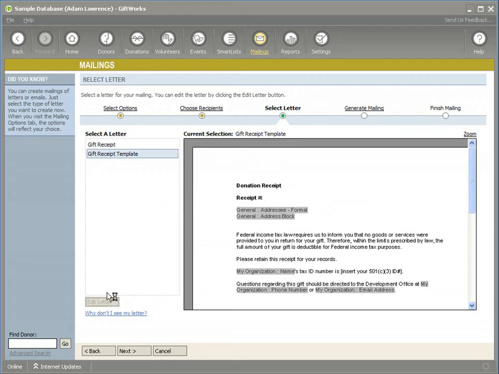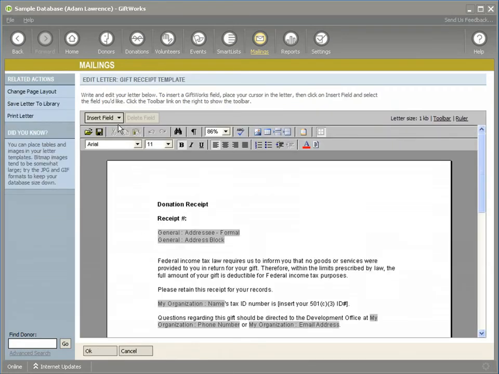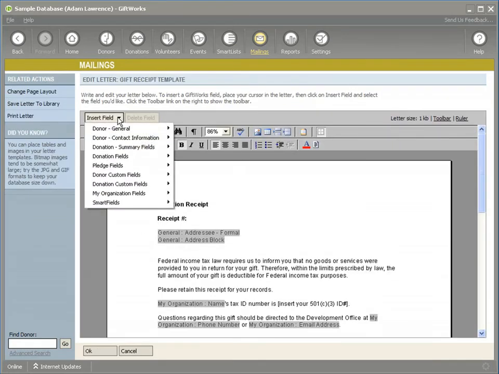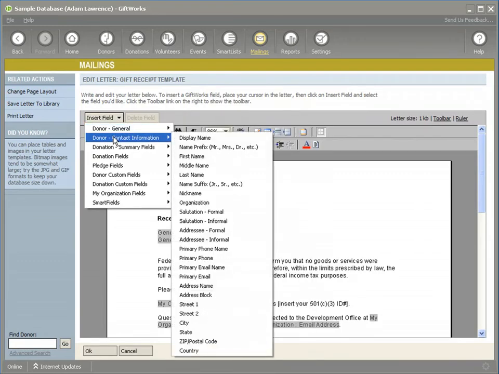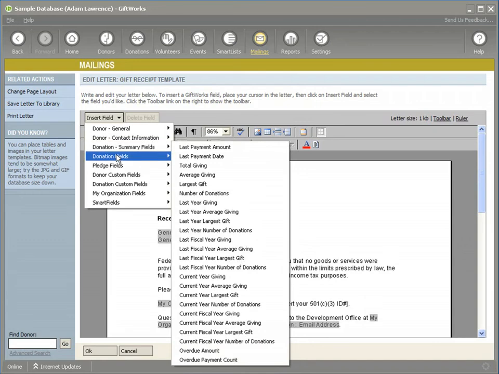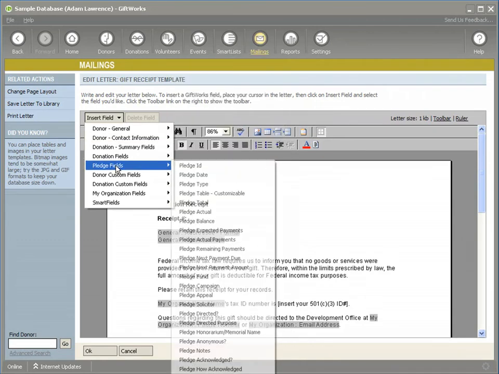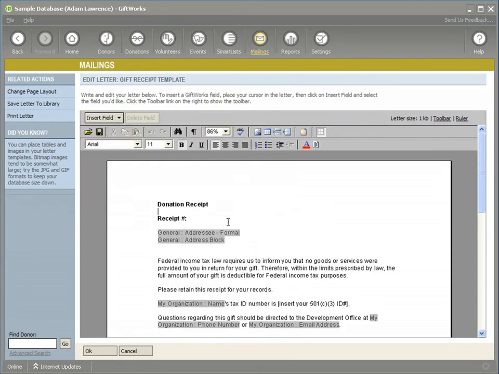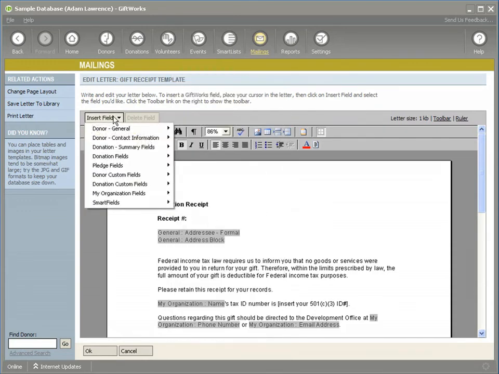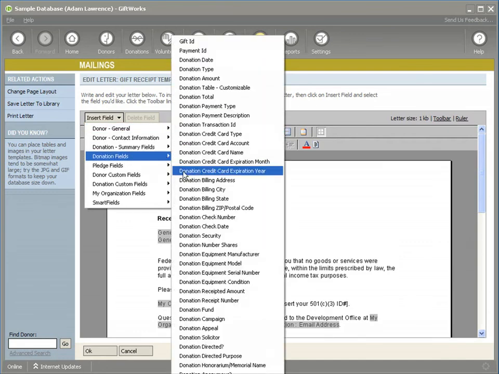If I edit that, you'll see that the fields that are available are very similar to my donation mailing. I have my donor information, which is available again on all mailings, my summary information. I have my donation fields. I can actually put pledge information if that gift was part of a pledge, and so forth. Well, one thing I want to show you is if you're looking at your receipt and you include for a donation field, if you include the receipt number,